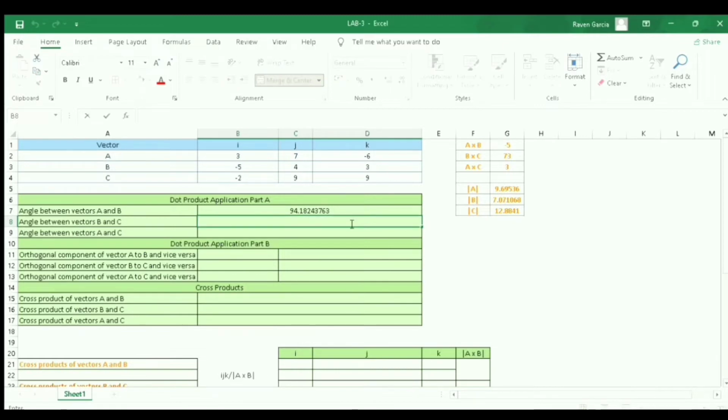At row 8, angle between vectors B and C, input the formula equals degrees A cosine G2 over the product of G6 and G7. The answer is 34.74757861. At row 9, angle between vectors A and C, input the formula equals degrees A cosine G3 over the product of G5 and G7. The answer is